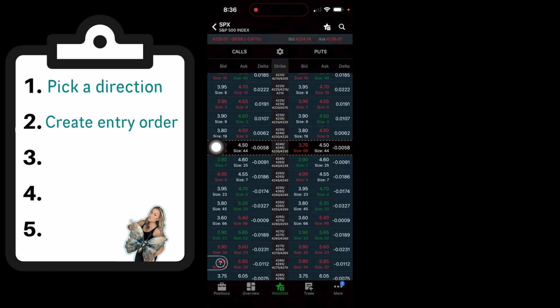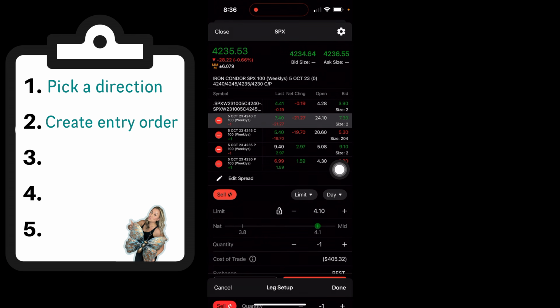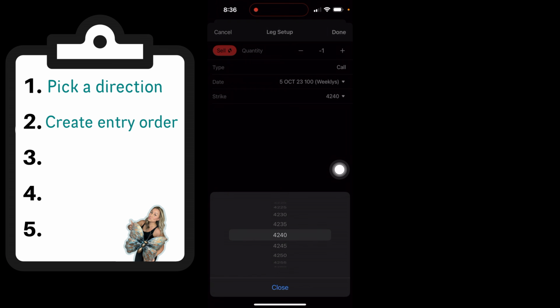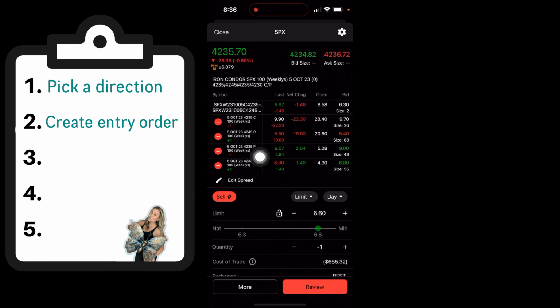And then tap on any bid price, and then it'll bring up the sell side. So I want to be short the 4235 and 4235. So I'm going to change this to 4235. So now you can see I'm short the 4235 put, short the 4235 call, and I'm going to add wings